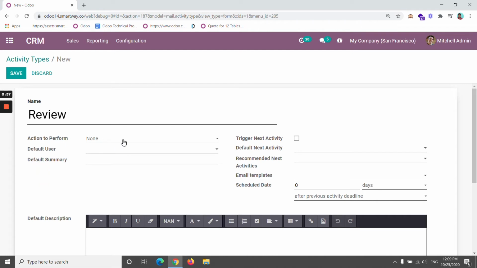I can have action to perform within this activity, such as uploading a document, meeting, or tax report. Also, I can have a default user, maybe a user who is usually assigned to this activity. And for the sake of reducing data entry, I can also add a default summary and a default description. Let's say check grammar for the default summary and check the whole document for the default description. To control time frame of this activity, we go to schedule date and define maybe 1 week